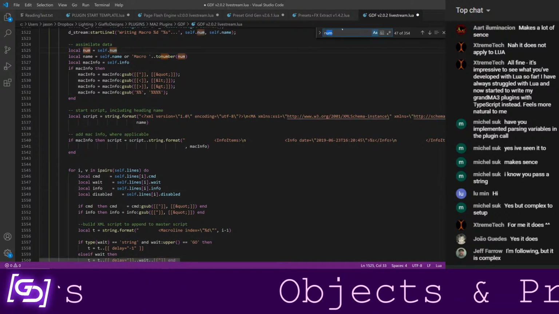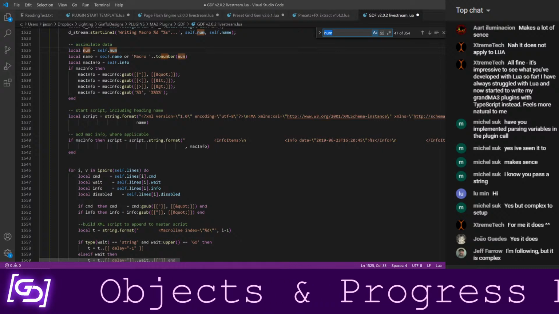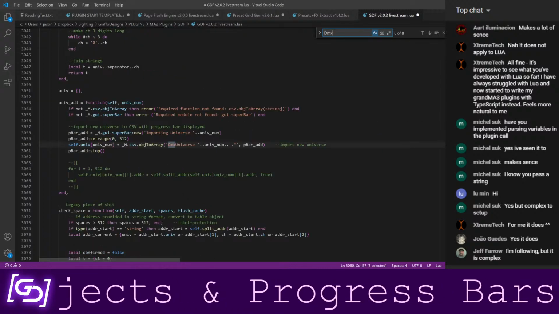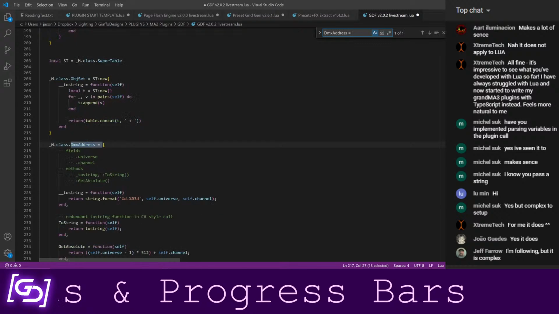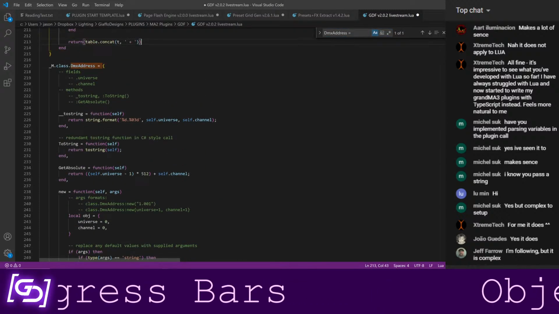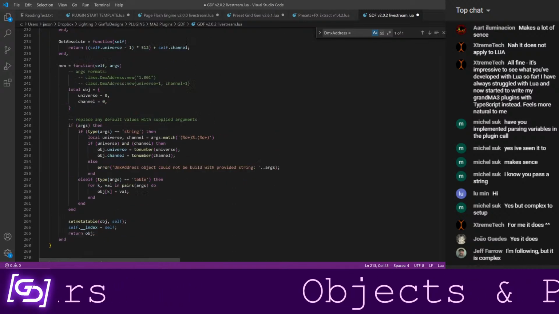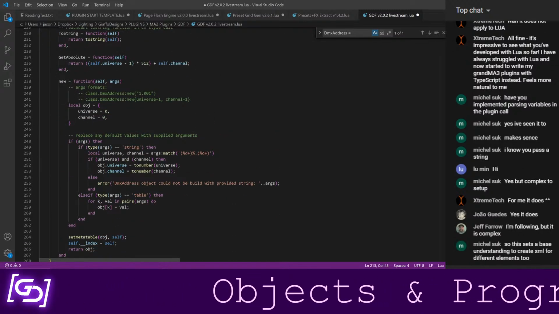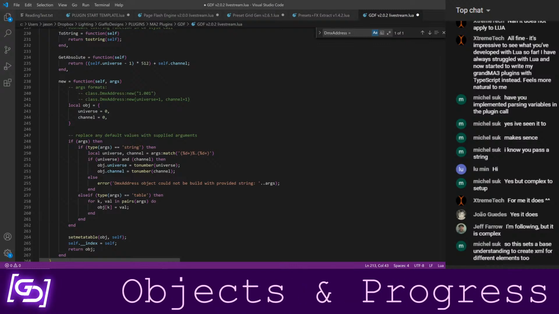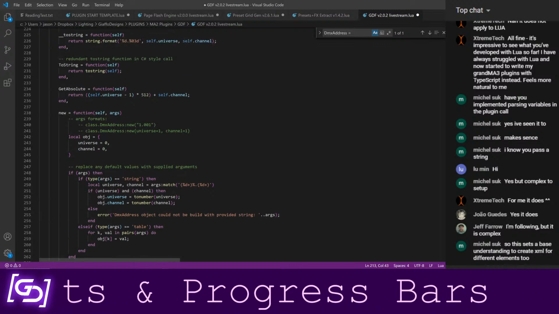I would encourage, if you're trying to wrap your head around it, maybe start off trying to write, let's see. Okay, so right here I've got all of the code for this DMX address, and I just posted, I think, this full thing to the MA2, MA3 Luau users group. Lost my thought.